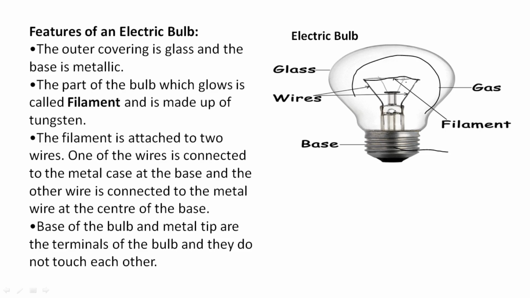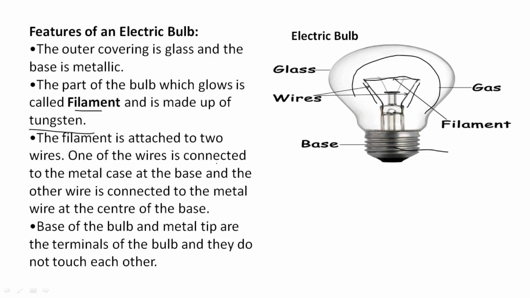एथिरे कौन? एथिरे bulb जले. Okay, and it is made of tungsten. Look, the new term tungsten. These new terms you write it and remember it. Tungsten. Then the filament is attached to two wires. Okay, here look, here two wires are there. Here first wire, this one, and this is second wire.